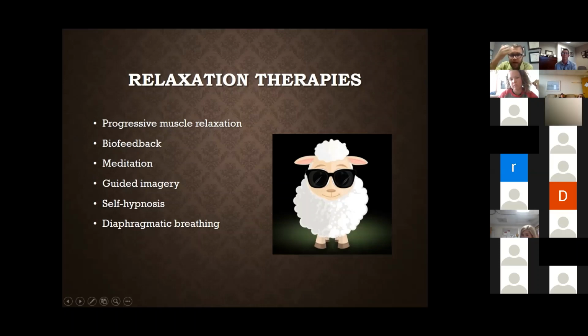On the opposite end of that physical tension, we also have mental tension. And so mindful meditation, guided imagery, and I know nothing about self-hypnosis, but it is an evidence-based treatment. Those three are very good for the mental tensions that we build up in the day. With mindful meditation, we have people let their thoughts pop into their head, non-judgmentally let them float away, and then try to have the absence of thinking. And I usually tell my patients to focus on their breathing and literally just think about inhale, exhale.